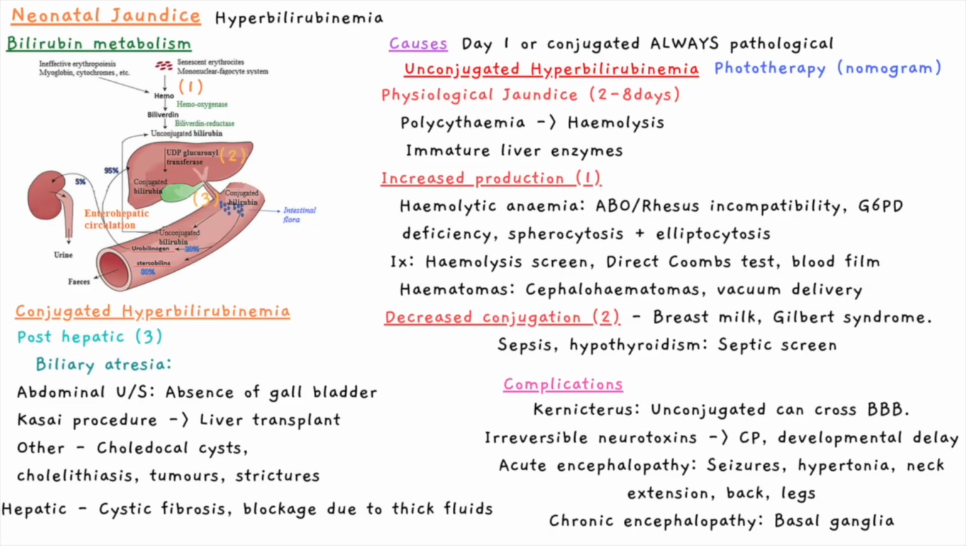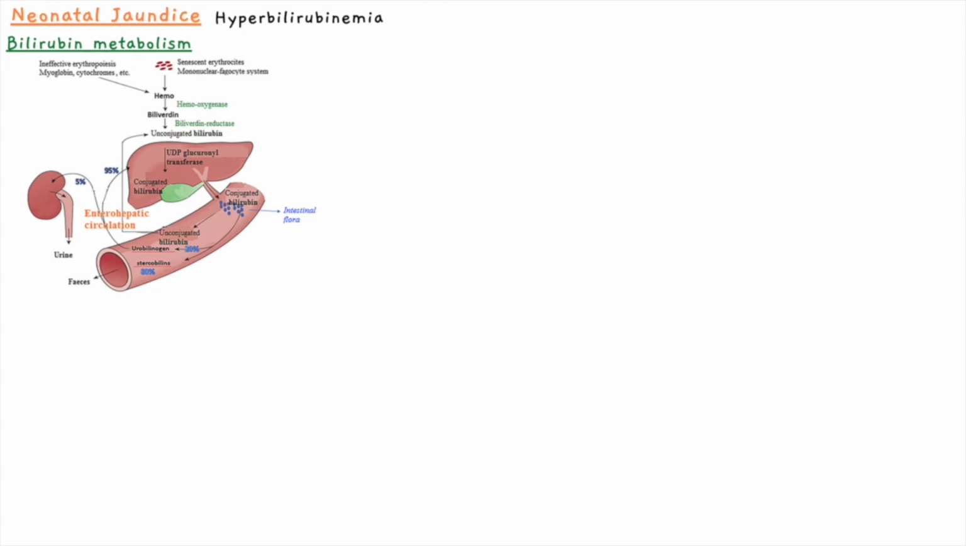This video is on neonatal jaundice. Jaundice is caused from hyperbilirubinemia. So to understand the causes of hyperbilirubinemia, let's look at bilirubin metabolism and how each step may be abnormal to